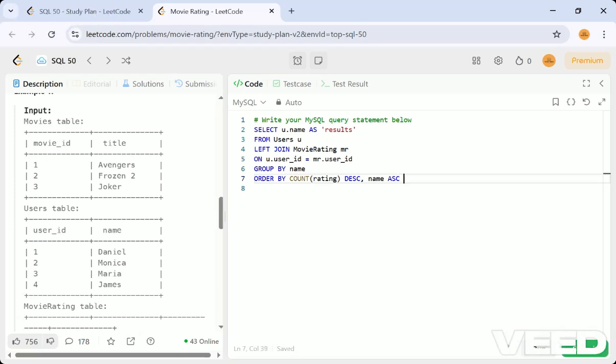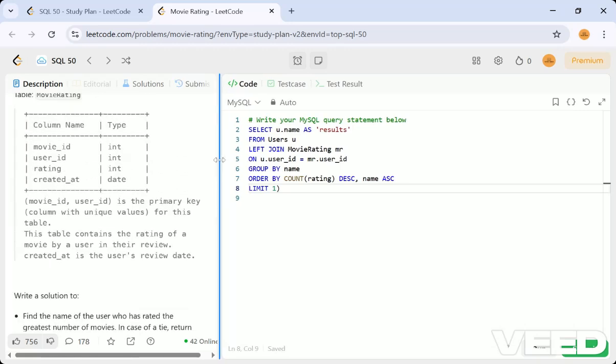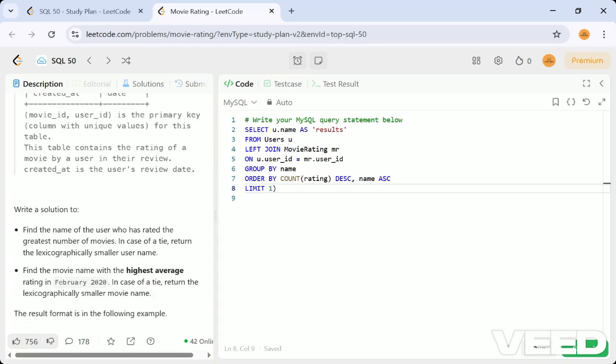This is nothing but ordering by the rating count and then lexical order. Only one record is needed, right? There is only one result required, so I have given limit. So this satisfies the first case, where they're asking us to find the name of the user who has given the largest number of movie ratings. That is name, ordered by ratings count, and then ties broken lexically.